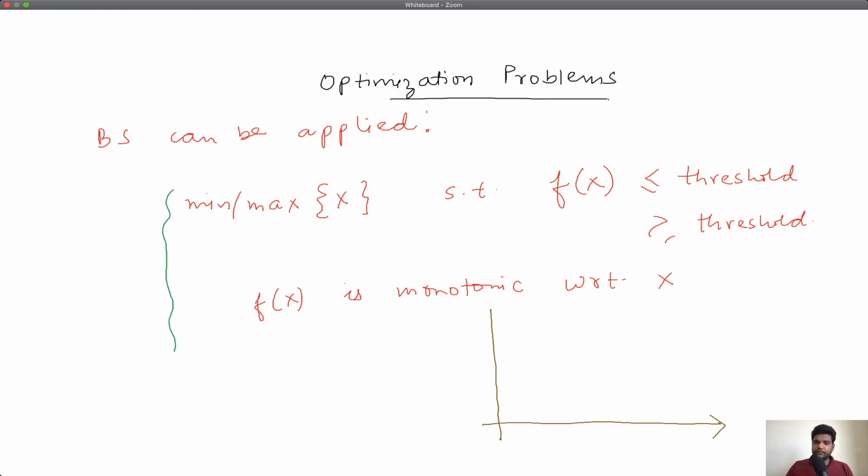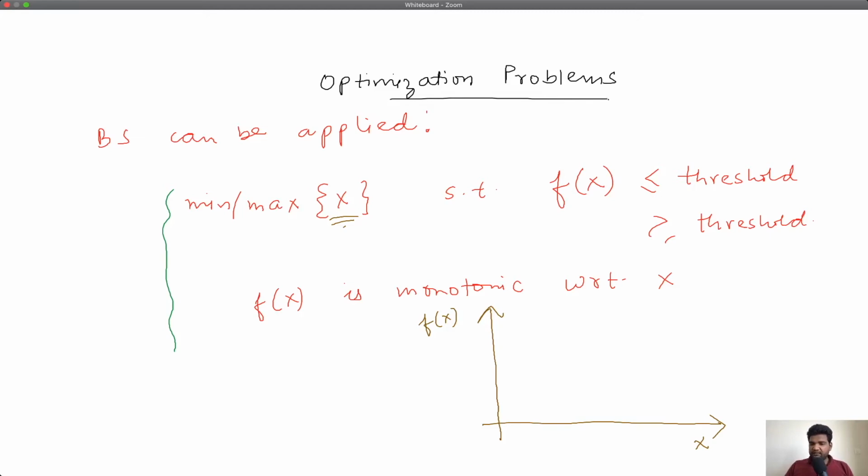optimization problems. If you see, you had to search for a certain value of X, and your constraint was that your function of X has to be less than or equal to some threshold or greater than or equal to some threshold.